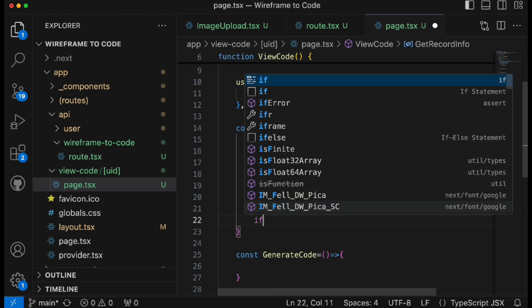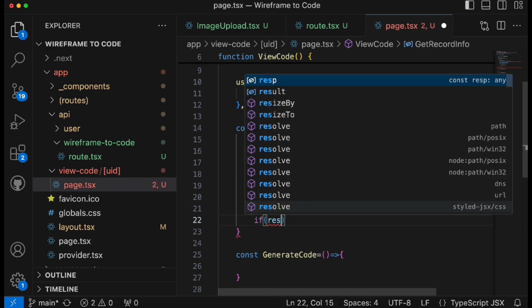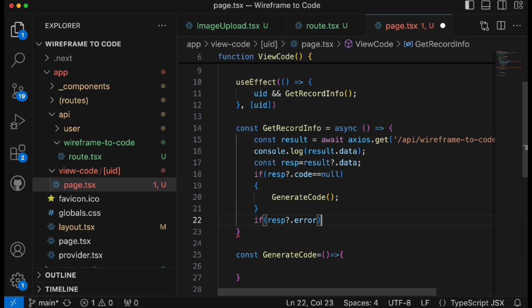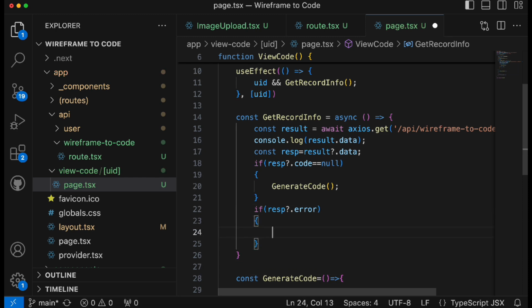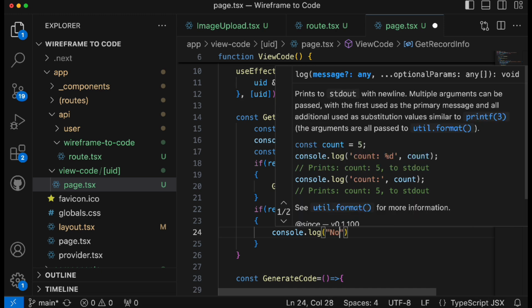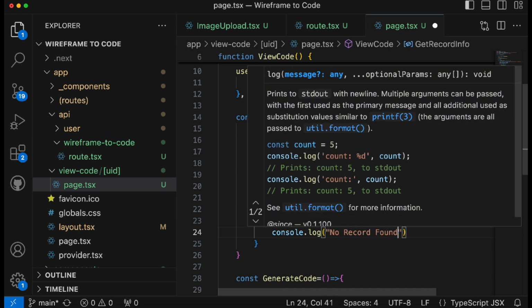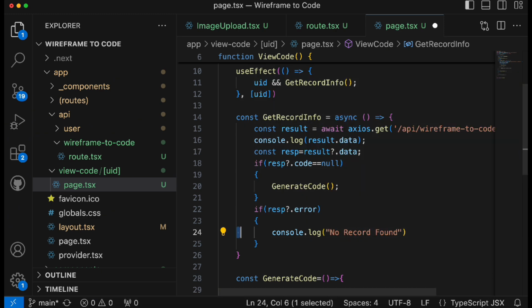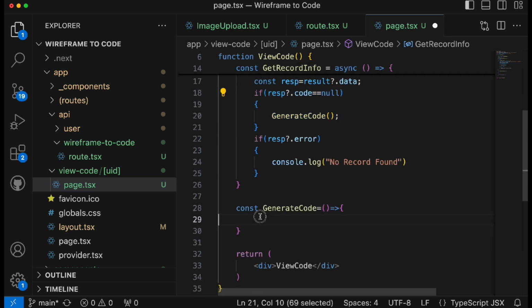and also we are going to write one more, if response.error, then we can show some kind of toast message. Here we'll just simply say no record found. But also if the code is there, then we need to handle it in a different way that we will see in some moment. Okay, but first we need to make sure to generate the code with the help of